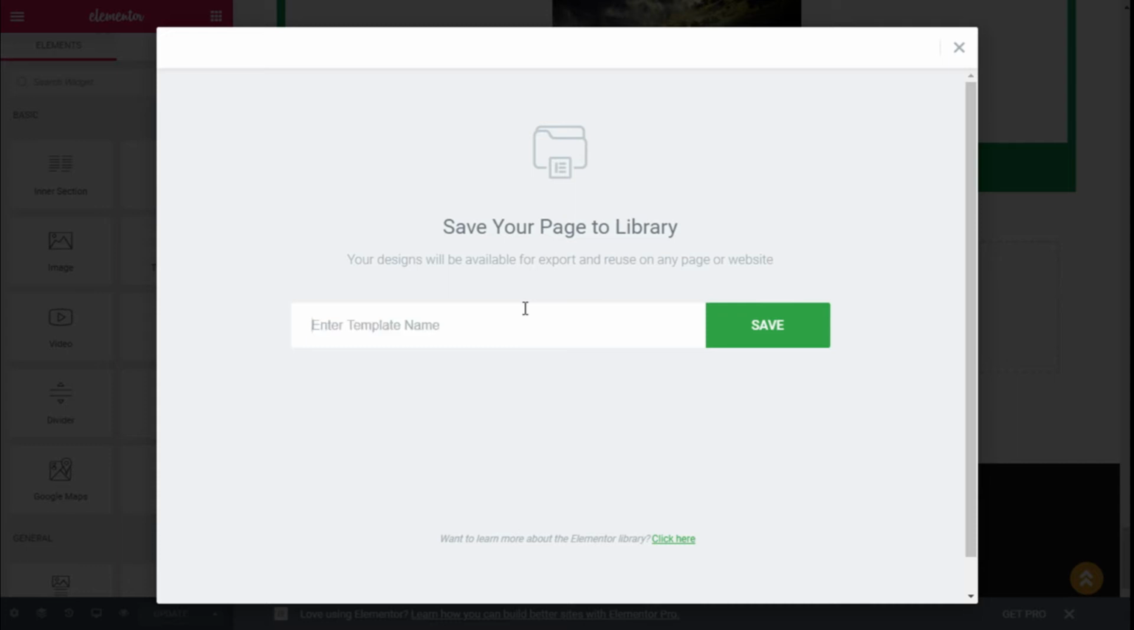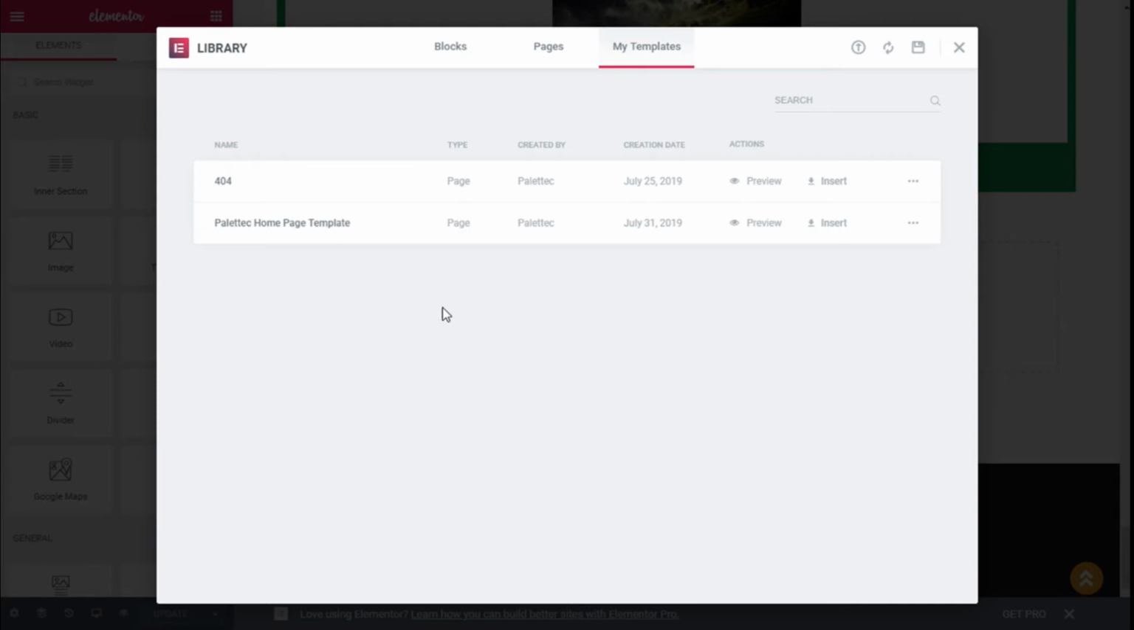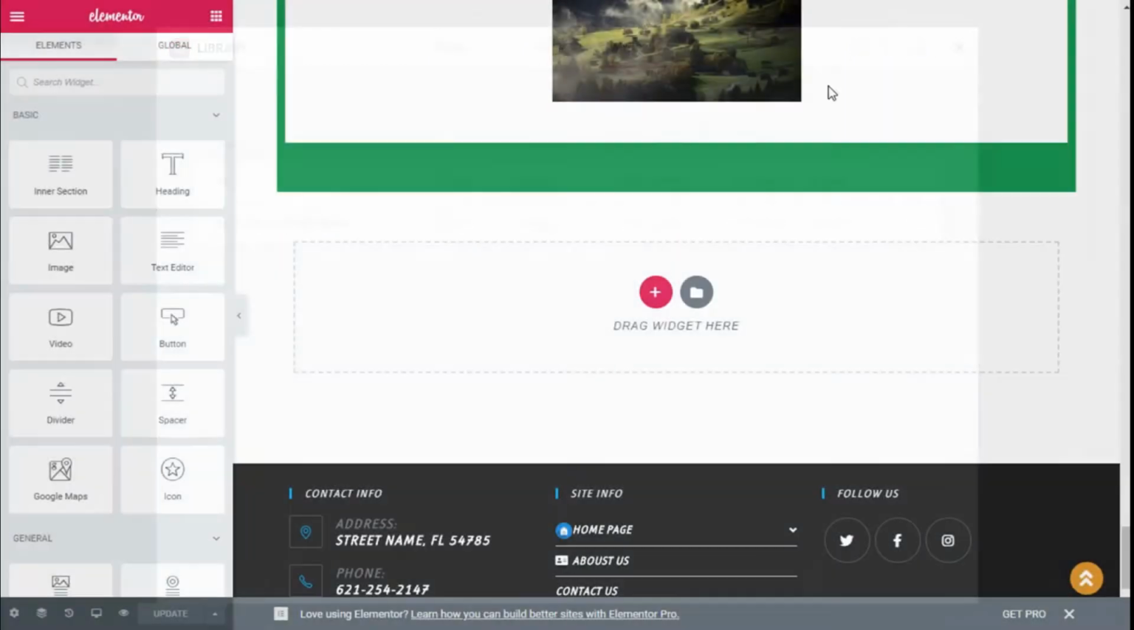In this case, we are going to name it Palatech Home Page Template. And click on Save. As you can see, we have our page created, and we are going to